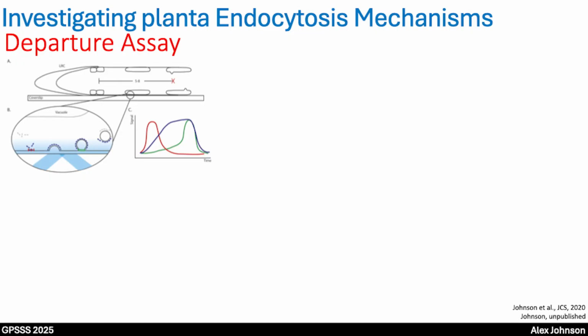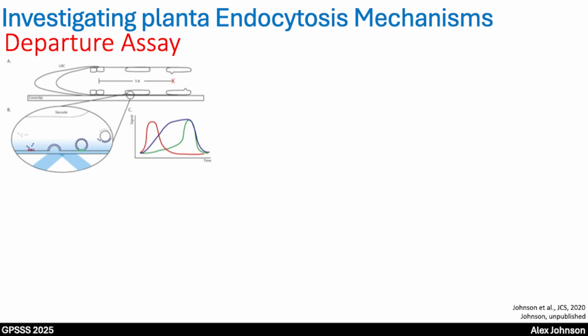But that's great. You can tell a lot about the dynamics of the process, but I'm more interested in the mechanisms driving it. So to do this, we wanted to look at the proteins that might be driving endocytosis. And we developed this departure assay. What this is in essence is we image clathrin, just as I showed you on the previous slide, but at the same time, we image a second channel with a different fluorophore, like, say, this blue protein or this red